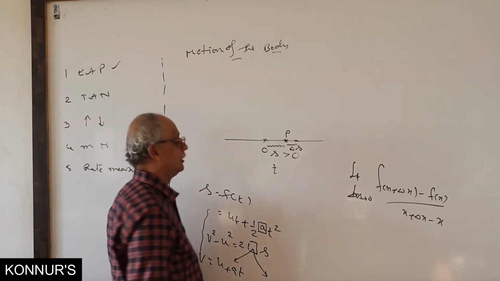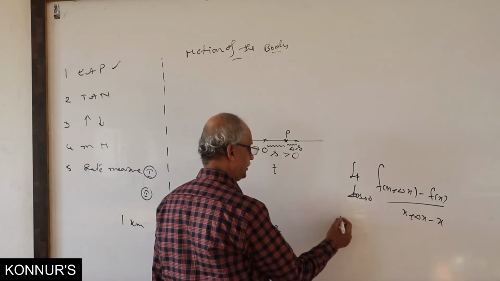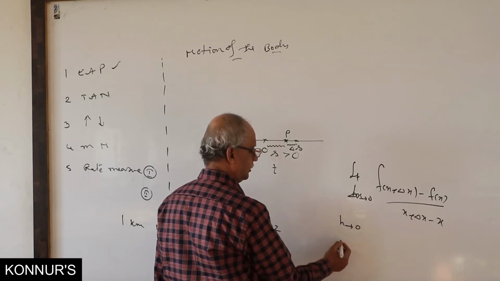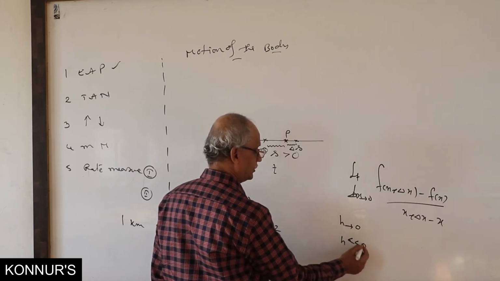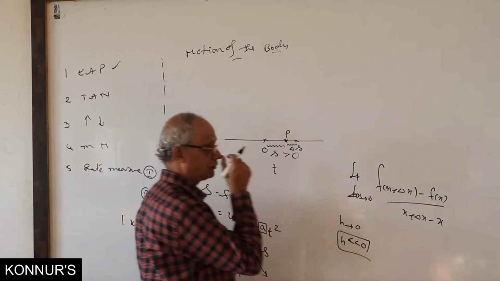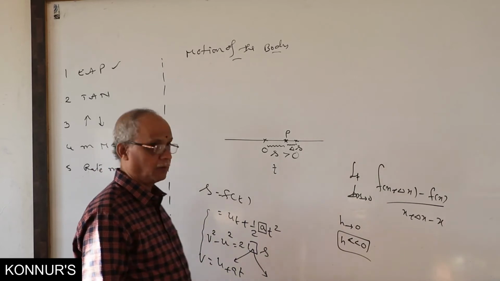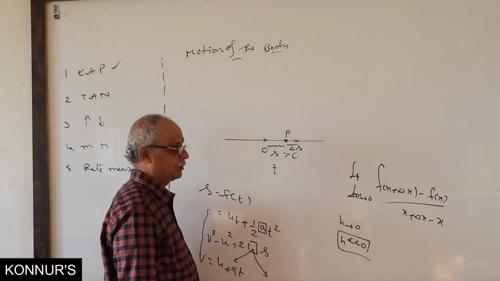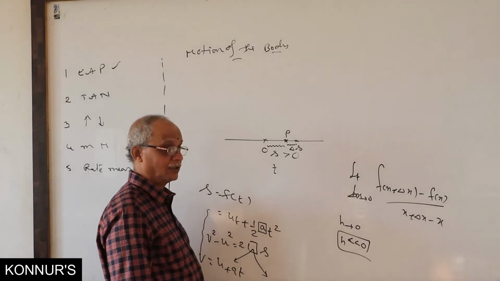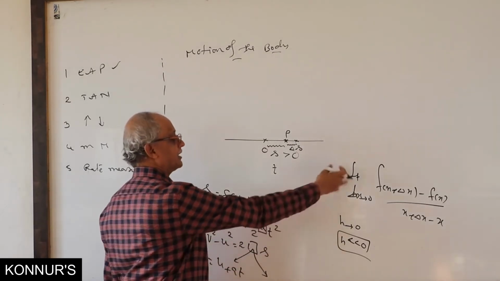That is the reason for the limiting concept. Limit h tends to 0 means h is very near to 0, much less than 0. This is actually scientific, though nowadays nobody uses it. Much less than 0 indicates it is very close to 0, but not exactly 0. That concept is called the limiting concept.